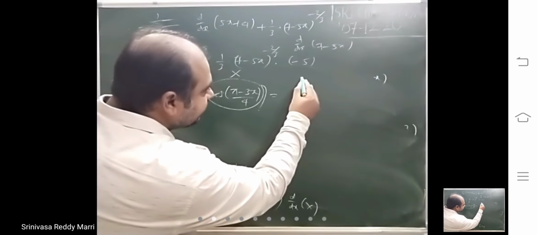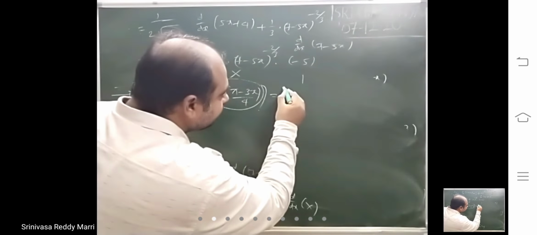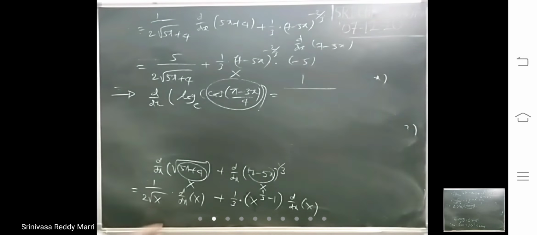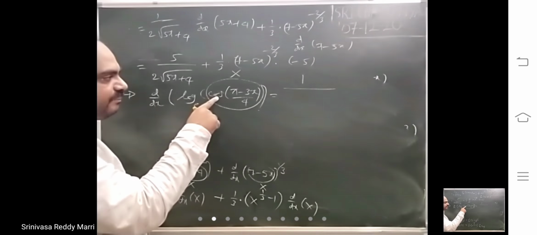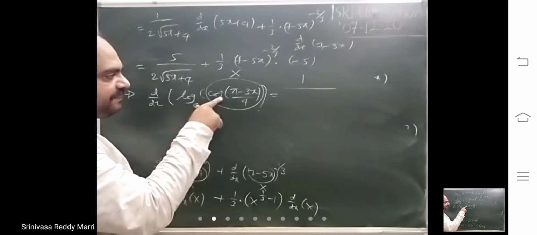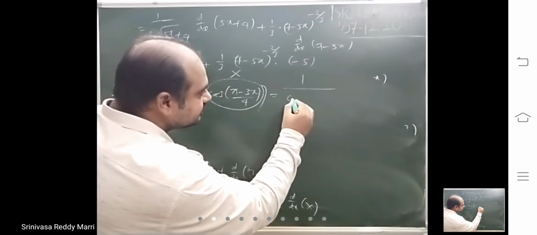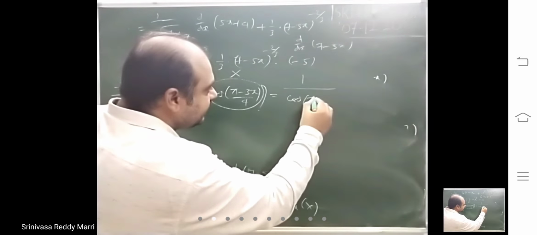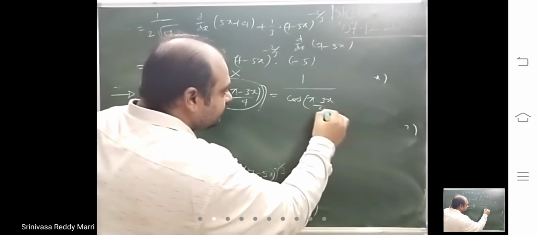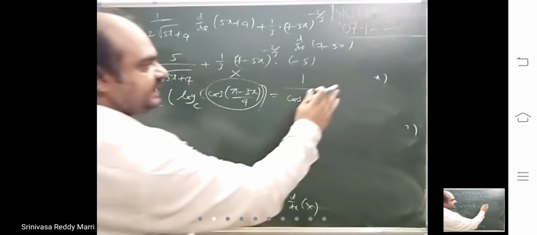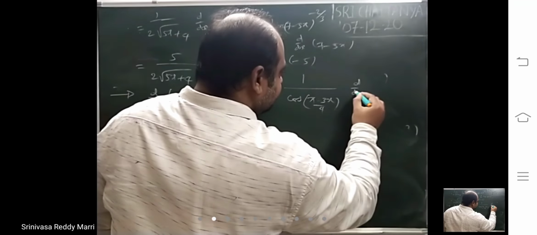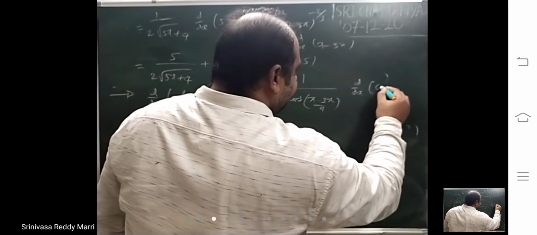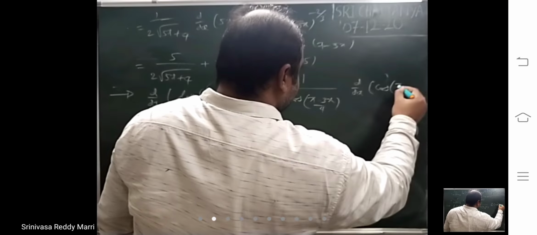Look, I am writing directly. What will we write actually? 1 by x. Directly you write x only. Without taking x again and writing 1 by x, 1 by capital X means this one. I am writing directly. 1 by capital X you will write. Make that a habit. Then d by dx of capital X, whatever you have taken.